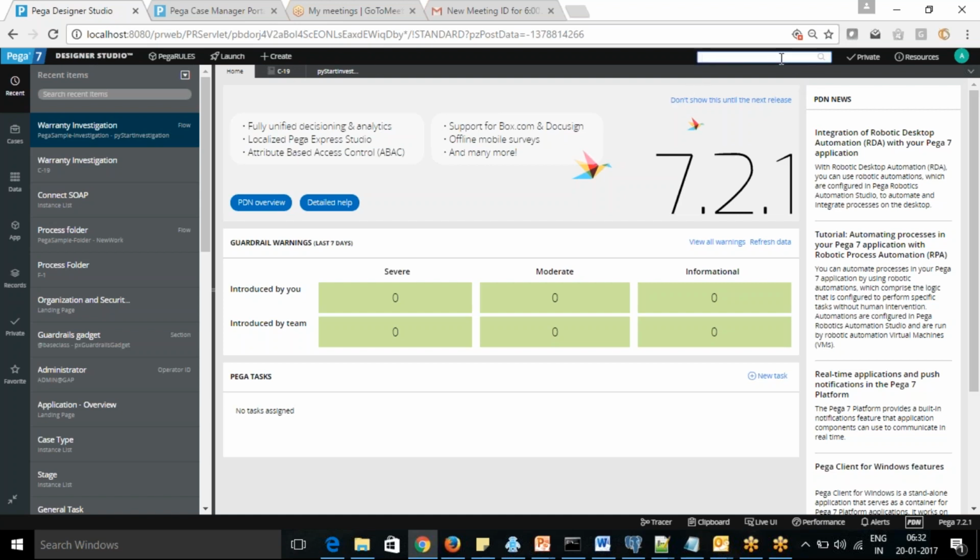The next thing is an important feature of Pega. You need to use search a lot, because you are working in this window and you don't know where your rules are, or whether a rule exists or not. So rule search is very important in Pega. If you have to check whether a rule exists, you need to search for that rule, and from there you can open it. There are two types of search.